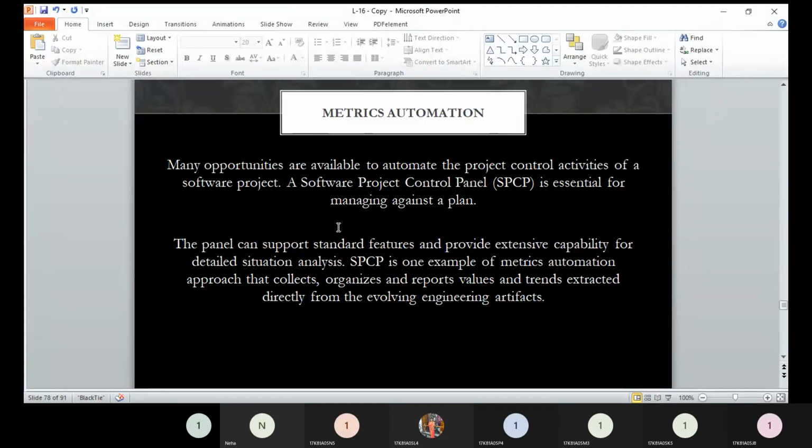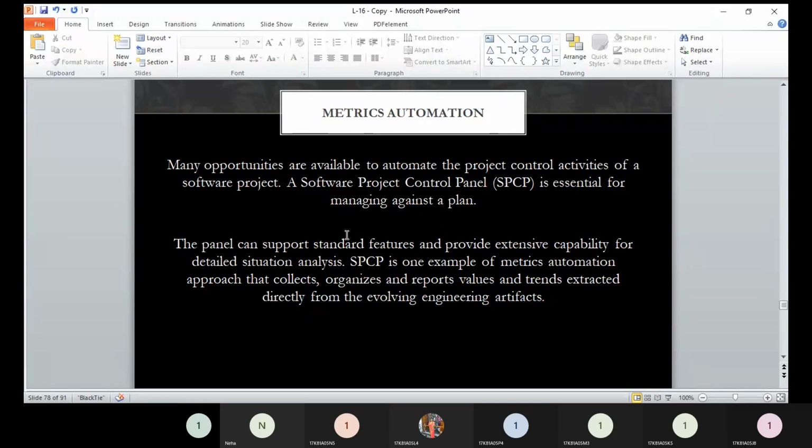Basically, what is the purpose of utilizing metrics? To evaluate the progress of the project. That is the main purpose over here, and how can we achieve that purpose? If we have a dashboard in front of our eyes that will show us the progress of the complete project, that will be beneficial to us. So how will that dashboard or control panel be visible?